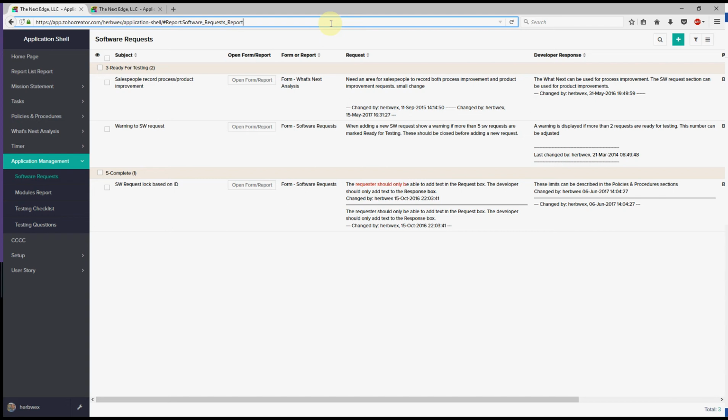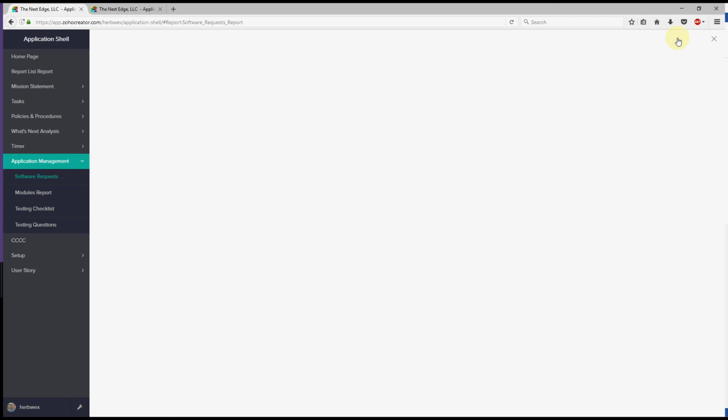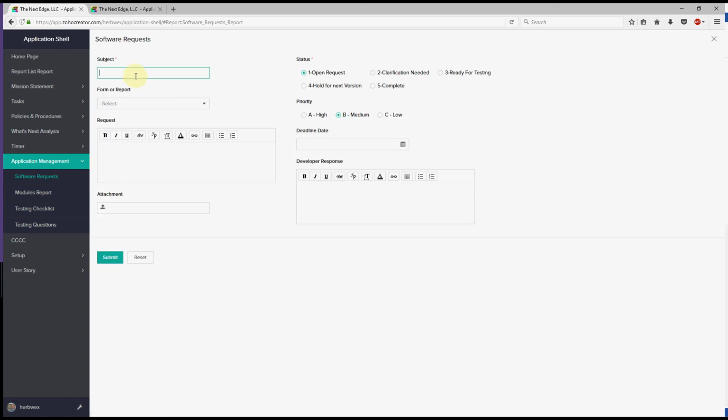All right, so here's a report of the software requests, and I'll show you some things about this in a moment. But first, we're going to add in a new request. All right, so here's the subject, and the request is going to be on the employee form, add the hire date. Okay, now we have a list of all the forms and reports within this application, and in another video